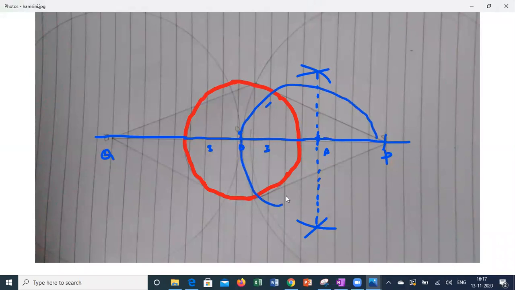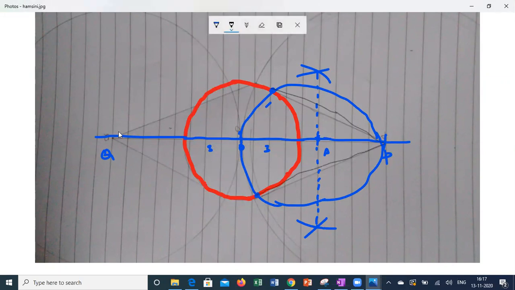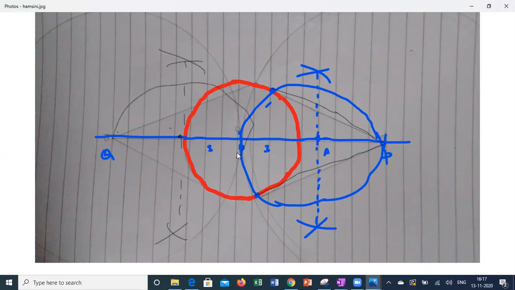Got it, what I'm saying? Yes, sir. See this red color line and blue color line, where it is meeting. From there, you draw the tangents. Same as here also. From Q, take an arc from O and bisect, and with this as a center, draw a circle wherever it is meeting.